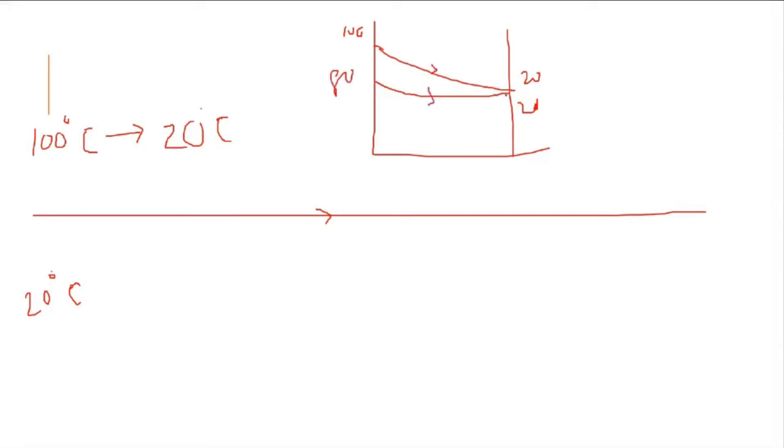Is it possible? Because up till here heat exchange is possible. Here also some temperature difference is there. Here also, and here also. So heat transfer between the two fluids was possible. Once the temperature becomes equal, heat transfer is not possible. It means that the lowest temperature for this hot fluid can be 20 degrees Celsius. Can we say like this?